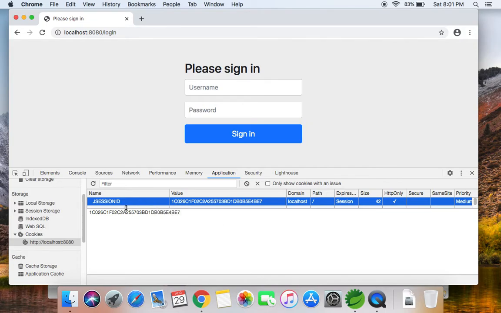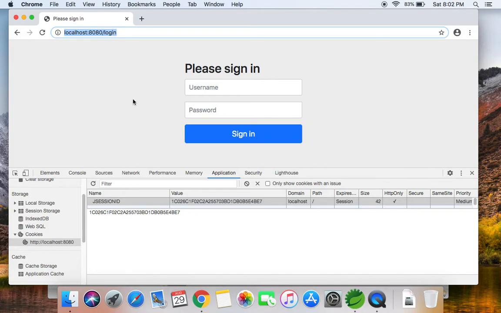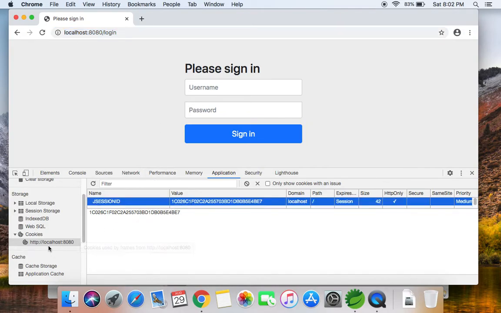Now let's take a closer look at this cookie. Right now, because I'm logged out, I still have this cookie, right? This cookie has a name, it has a value, it has a domain. Right now I'm using my local machine, so it says localhost, the path, when does it expire, the size, HTTP only, and a bunch of other parameters.